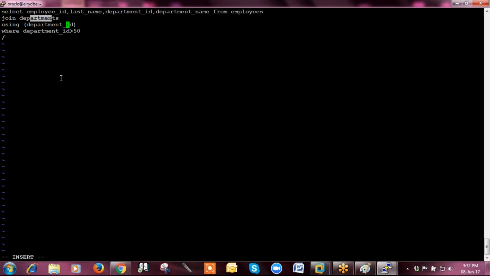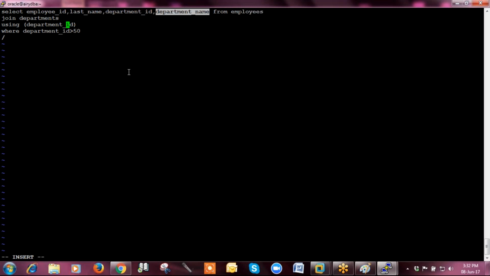I just wrote the column names. So what happens when this query is executed? The Oracle compiler will search for employee ID in the employees table as well as the departments table. Likewise, last name will be searched in the employees table as well as the departments table, and department ID and department name as well.